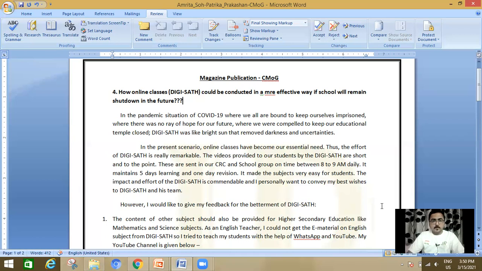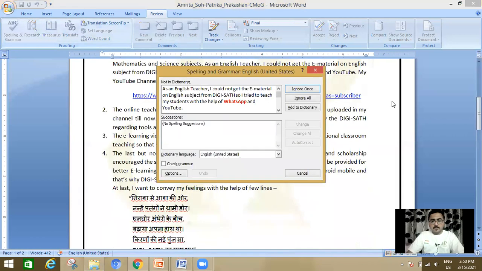So, how could you correct it? Go to the review tab, click on spelling and grammar. A spelling and grammar pane will be displayed. Now, all the content is reviewed one by one and suggestions are given as per the dictionary available in MS Word.